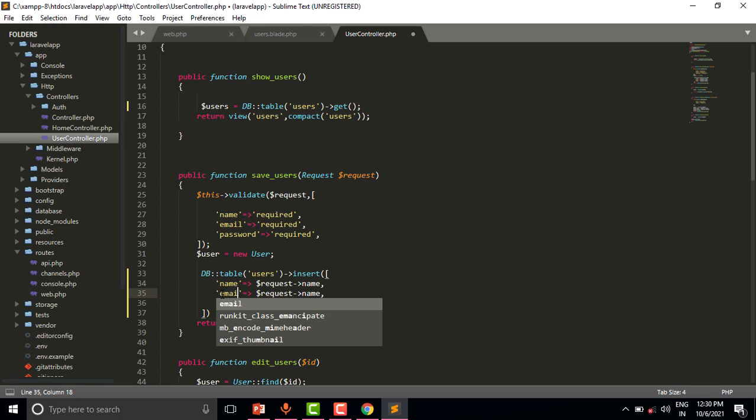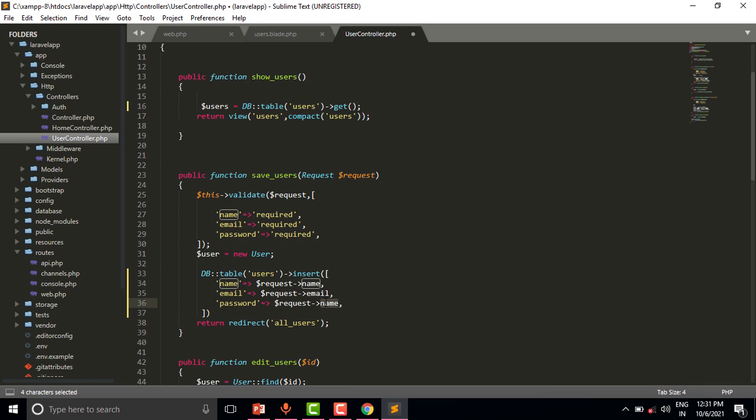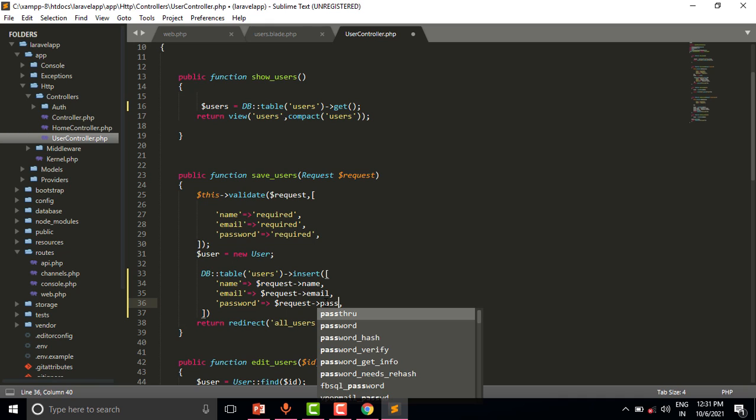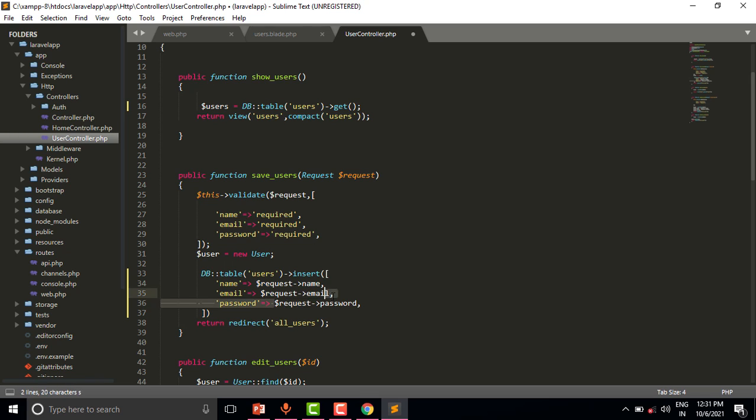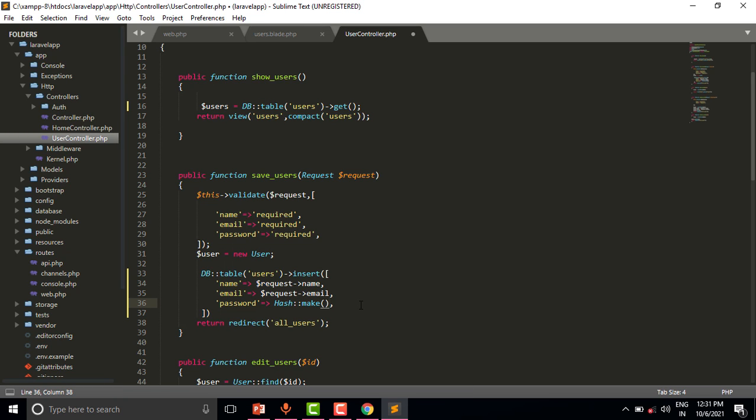Name, email, request of email, password, request of password, hash make request password.